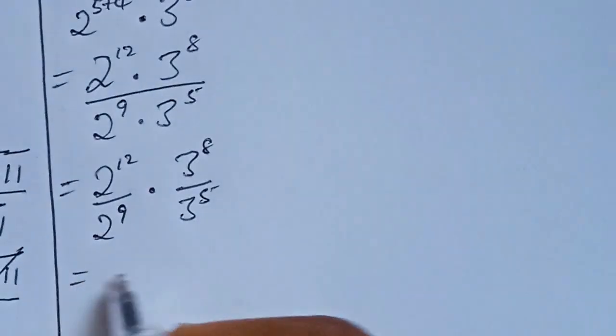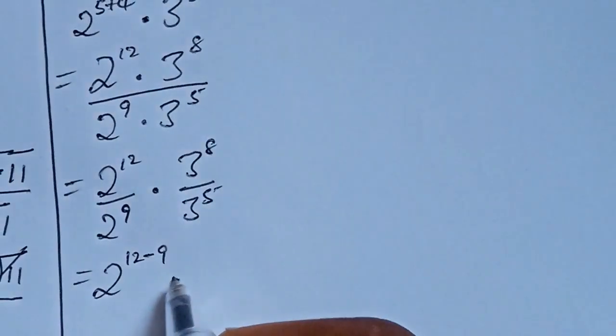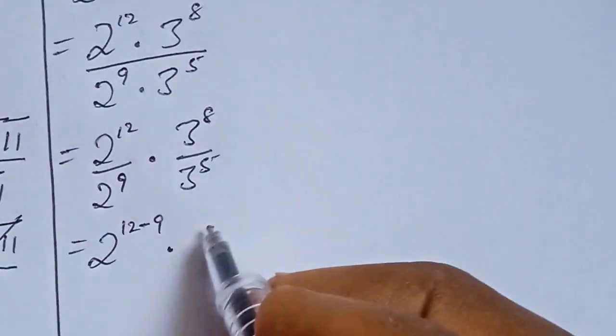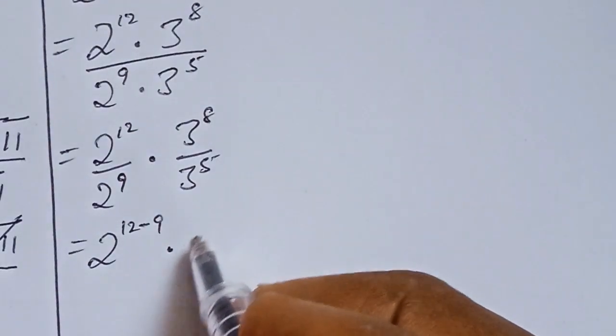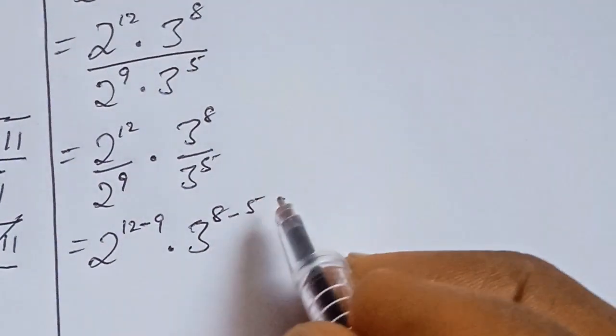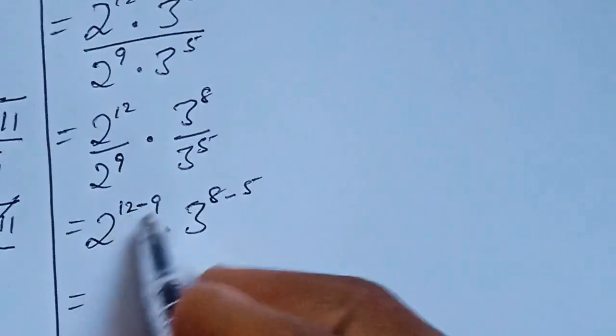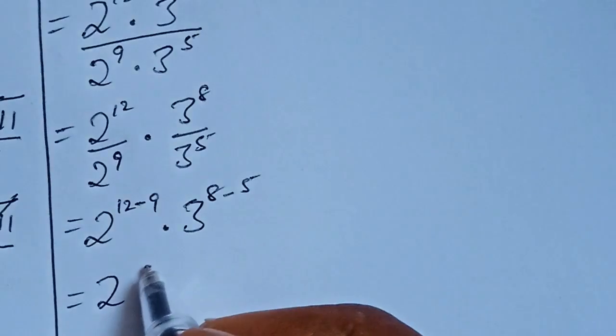And this can be written as 2 to the power of 12 minus 9, then multiplied by 3 to the power of 8 minus 5, and if we subtract this, we are going to have 2 to the power of 3